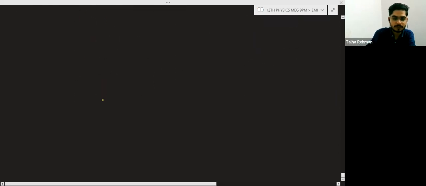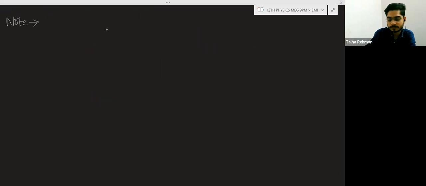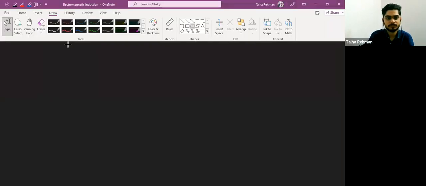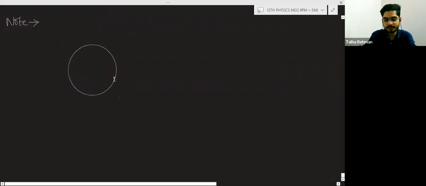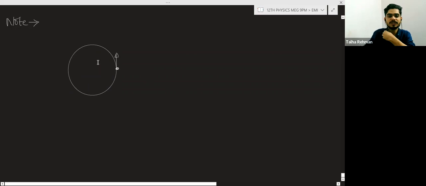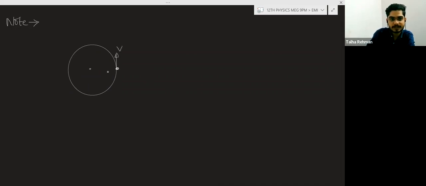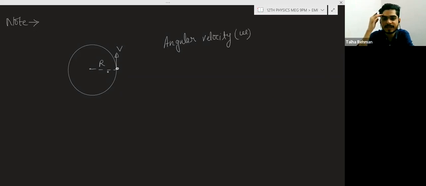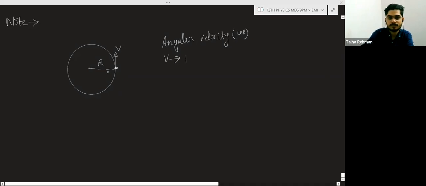Okay, so now I will discuss what is angular velocity. Angular velocity means suppose here is a particle, and that particle is moving on this circle. This circle has the radius capital R. Angular velocity is represented by omega, and here v is the linear velocity, or simply the velocity. This is the velocity of the particle,